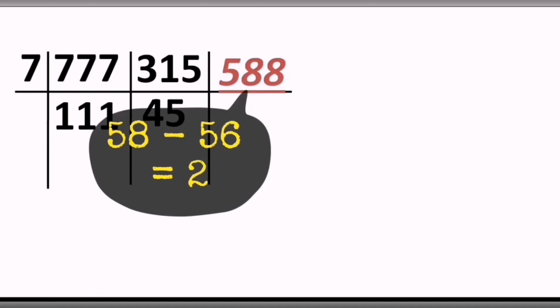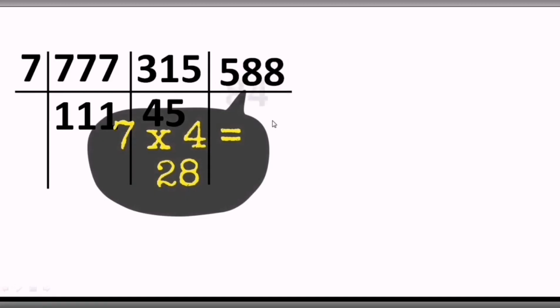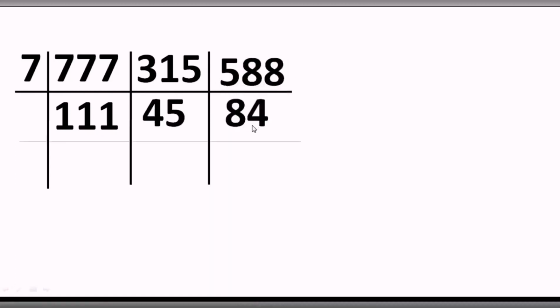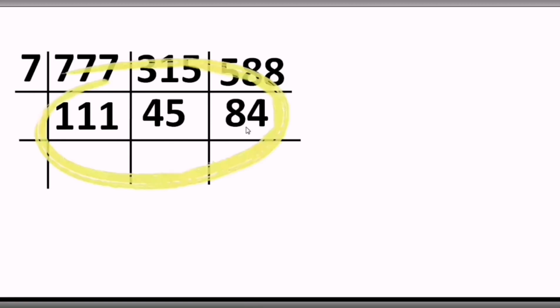That 2 and units place number 8 which makes it 28, and when you divide it, we get the number 84. Okay, fine. Now it's time to see that all these numbers 111, 45 and 84 must be present in the same number, or must be present in the table of the same number. Okay, and that too should be a prime number.